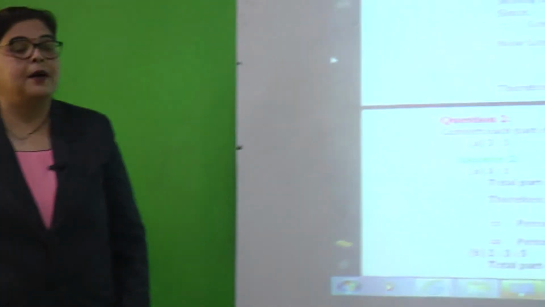In the previous session we had seen SP, CP, profit, loss and its percent, and how to calculate a loss percent and profit percent. Today we will learn more about it in various examples and situations, and how to find simple interest or a rate of interest. Today we will see some examples related to it also. So we will move to some examples.